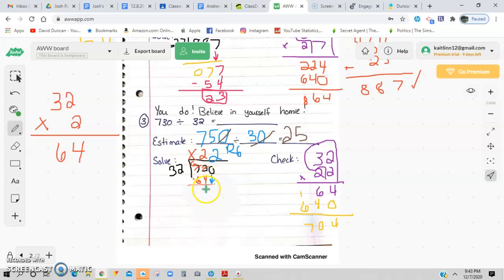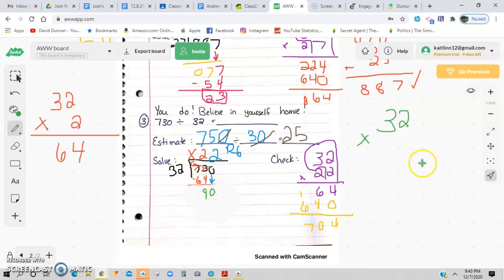13 minus 4 is 9. 6 minus 6 is nothing. Bring down this 0 to 90. So now what I need to do, I need to figure out how many times 32 can go into 90 without going over. I'm going to say it can go in there again only 2 times, because if it went in there 3 times, I did 32